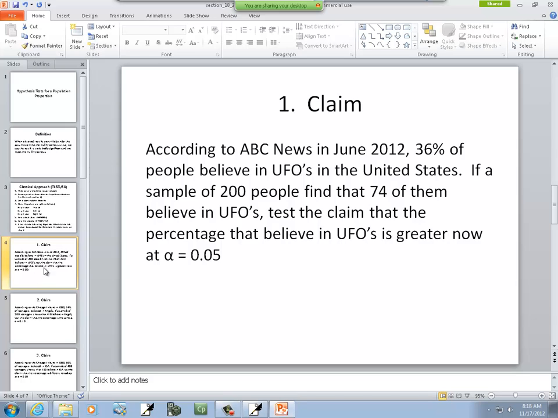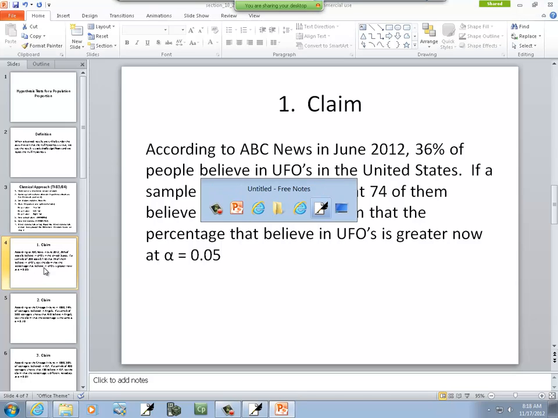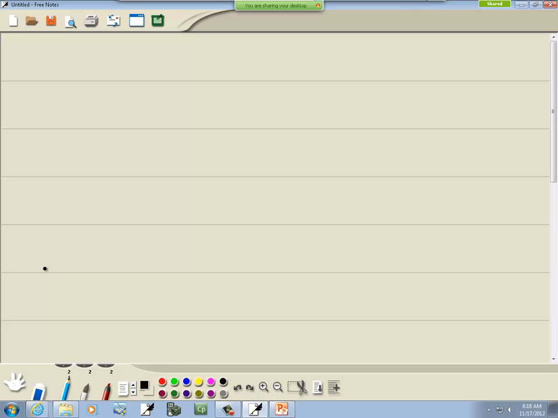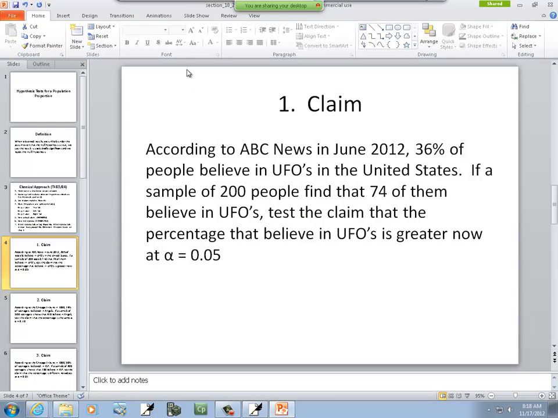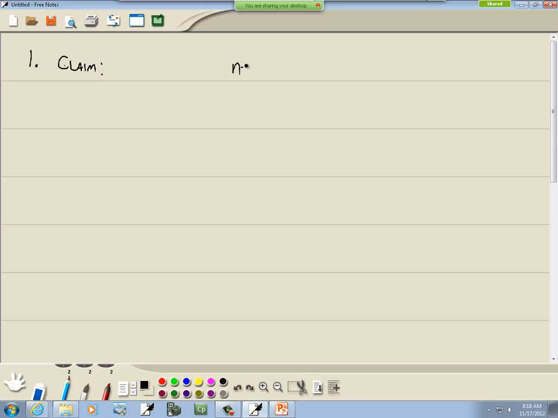Let's look at our first problem. Okay, according to ABC News, in June 2012, 36% of people believe in UFOs in the United States. If a sample of 200, so N is 200,